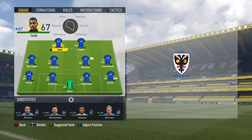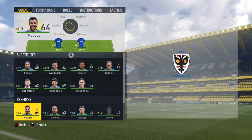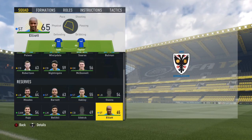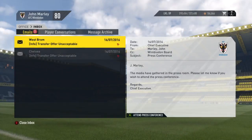So the young Swede has taken the spot straight into the first team. Polian drops down to the subs bench, and who was it? Elliot drops down to the reserves. Sorry, Tom, but you'll play. You'll play games. Don't worry about that. But on top of that, guys,